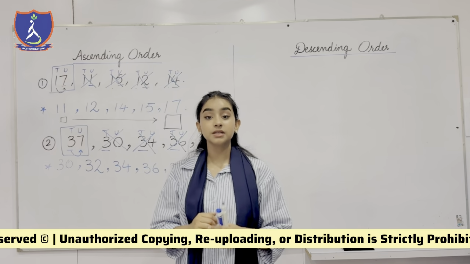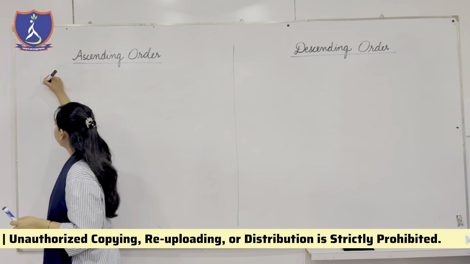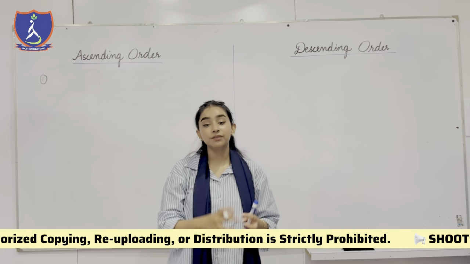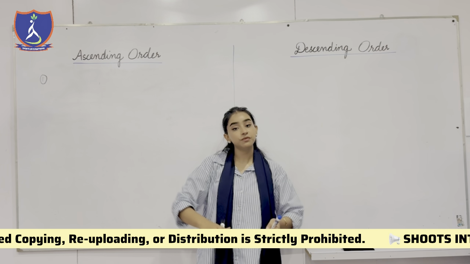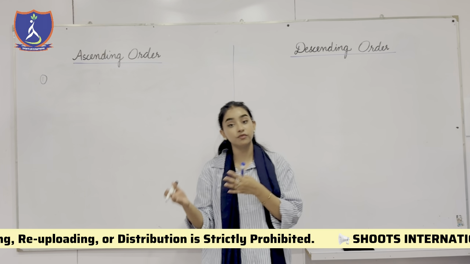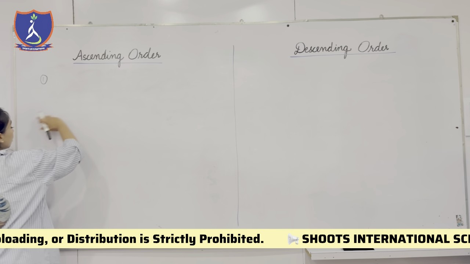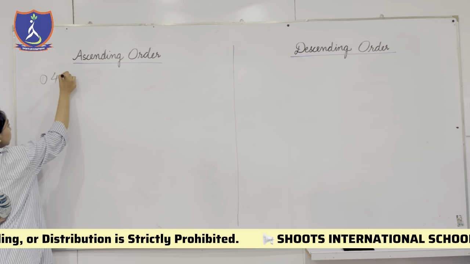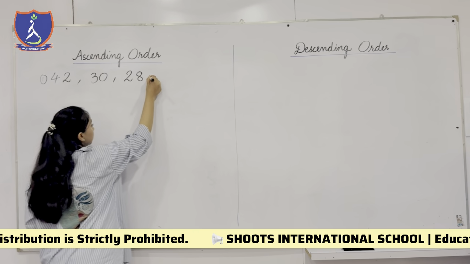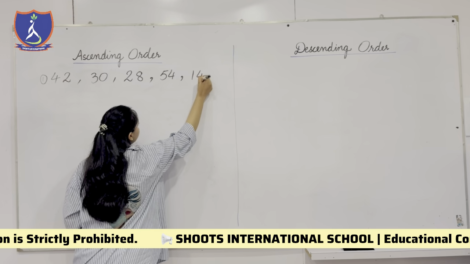Now we are moving towards the numbers from the different families. While picking the numbers from the different families, what do we mean by this? We meant that these numbers would be from different families. Like one number may be from the family of 2, one number can be from family of 4, one number can be from family of 5, and so on, 6, 7, 8, and 9. Let's write down 4 or 5 numbers over here. First, we are going to take 42, then we are going to take 30, then we are going to take 28, then we are going to take 54, and then we are going to take number 40.